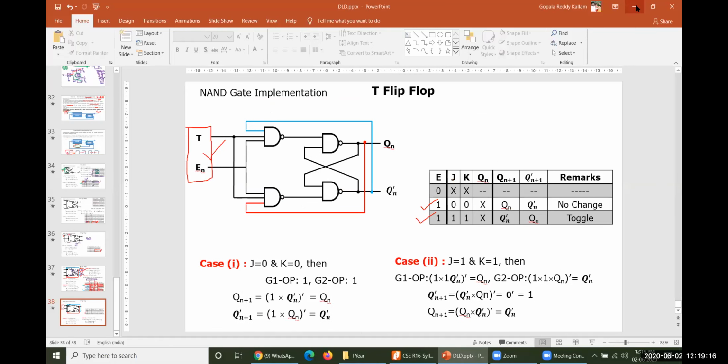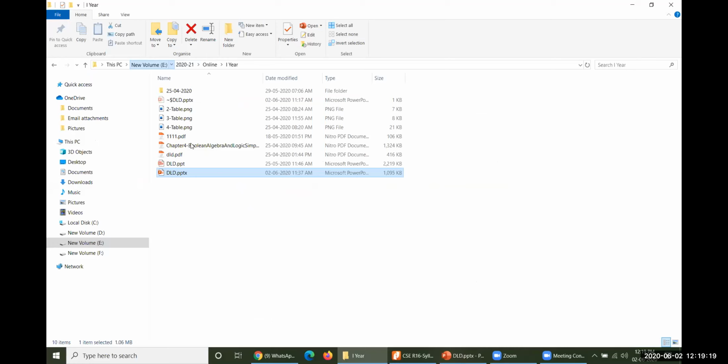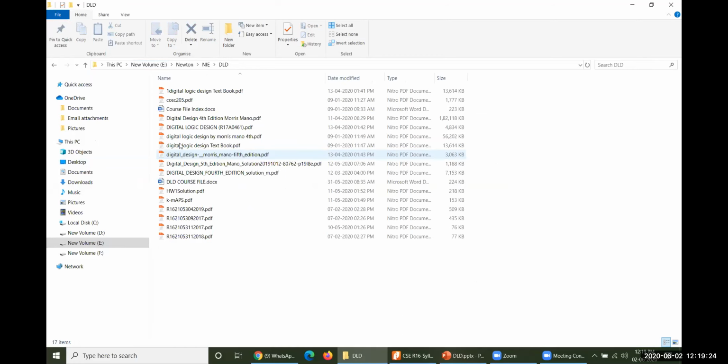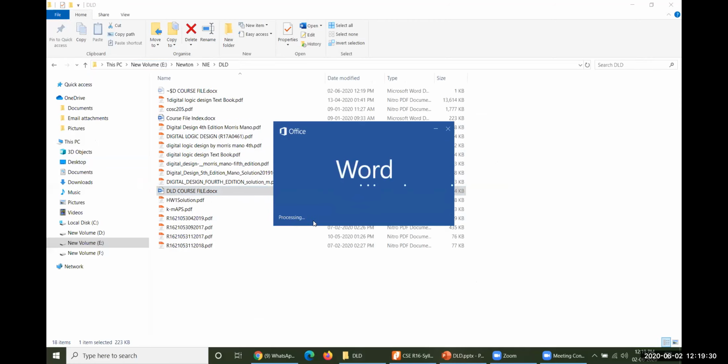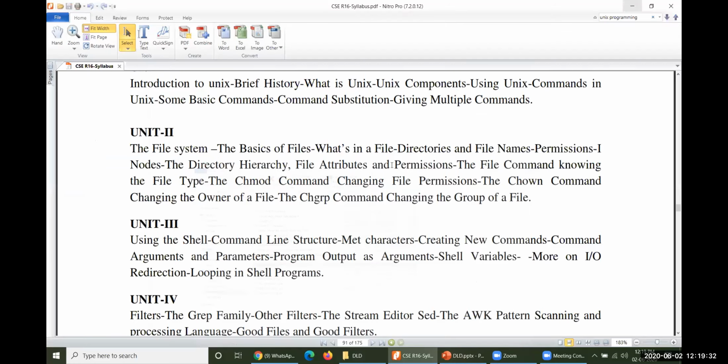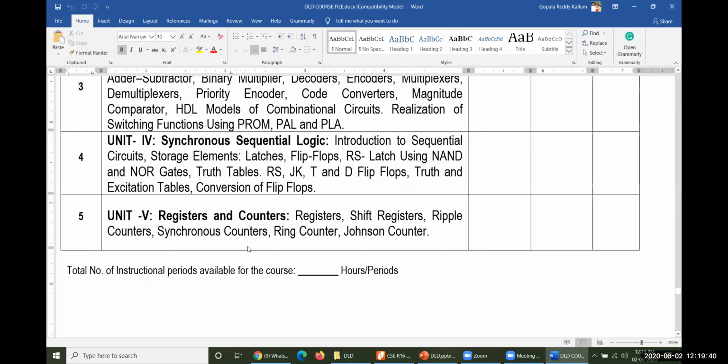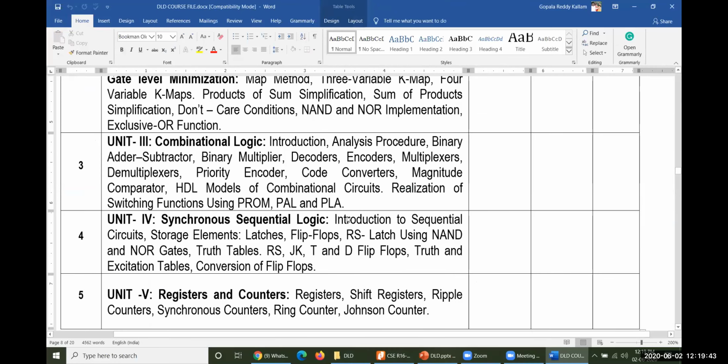Let me open what points we have with us. We have discussed the introduction to sequential circuits. Storage elements have also been discussed. We have discussed latches, and we have discussed flip-flops. The RS latch has been discussed,